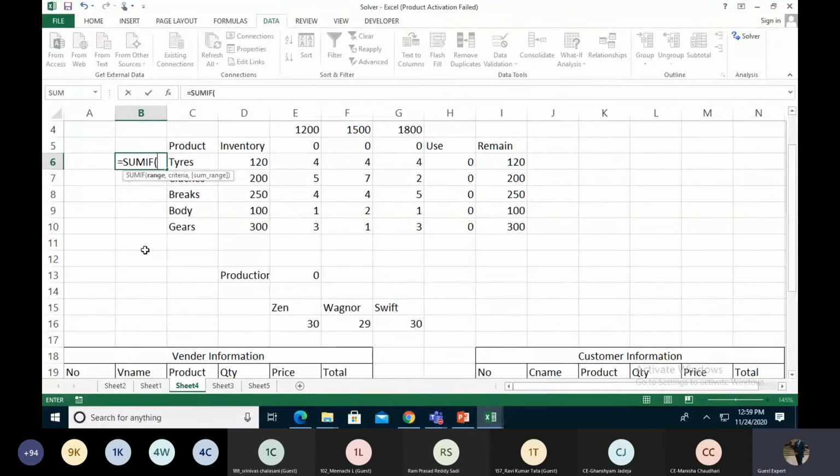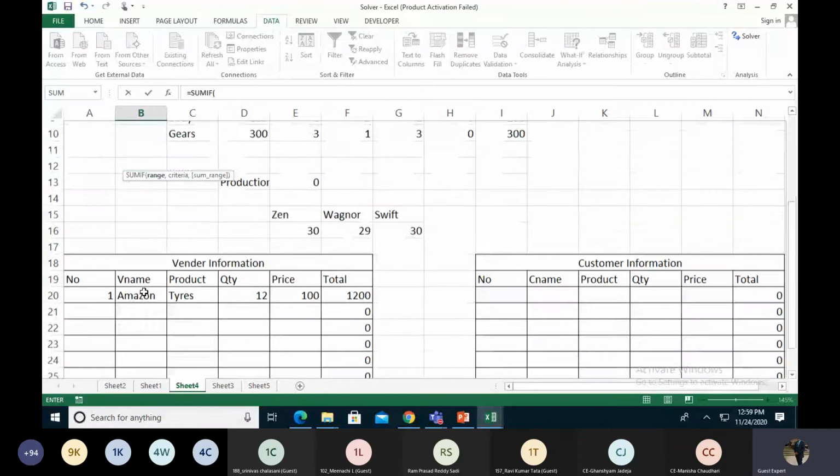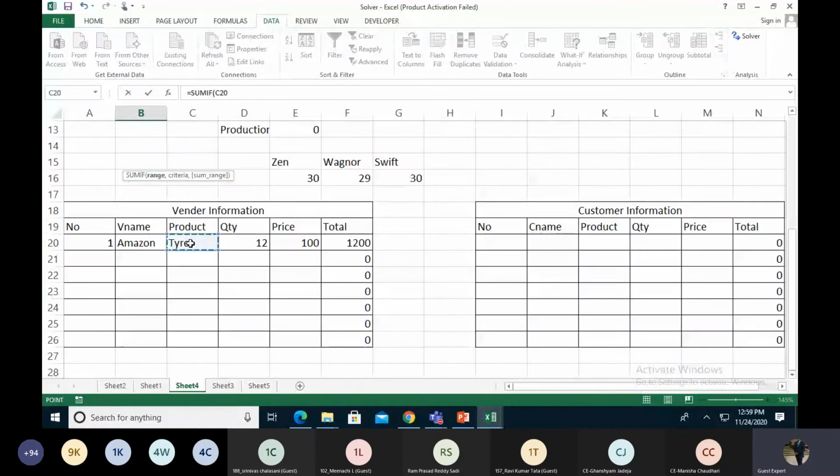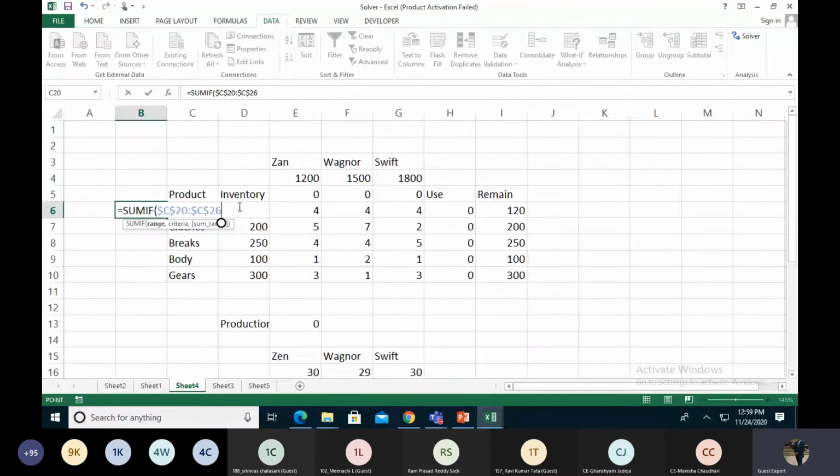First of all, it's asking for the range. So right now I give this whole range, but make sure you make it constant. So please press the F4 button to make it constant. So this range C20 to C26 is going to be fixed, so we can't change it.